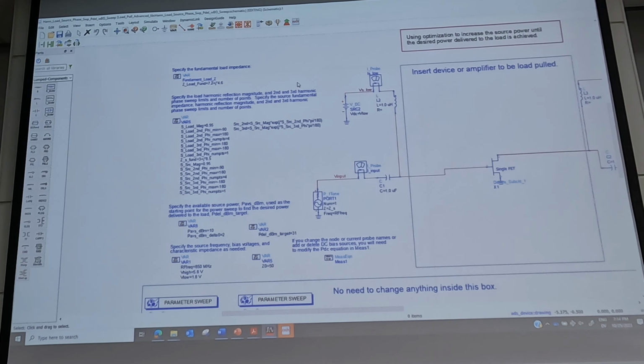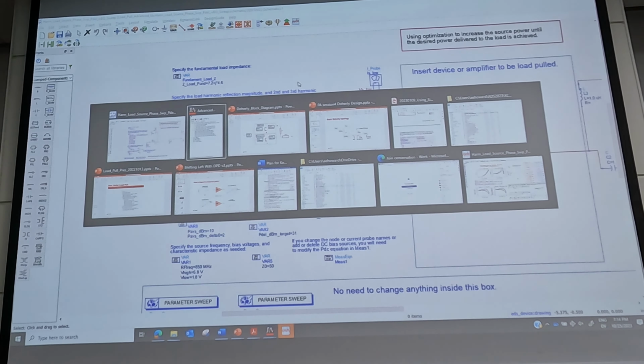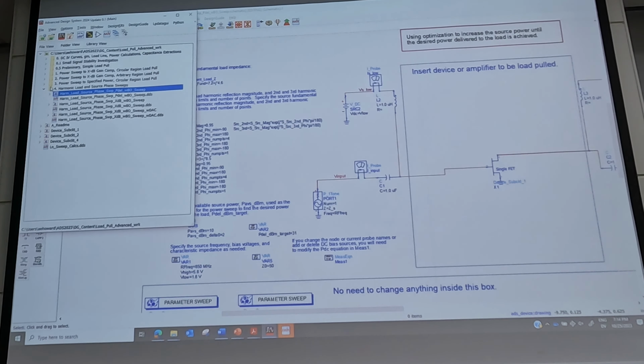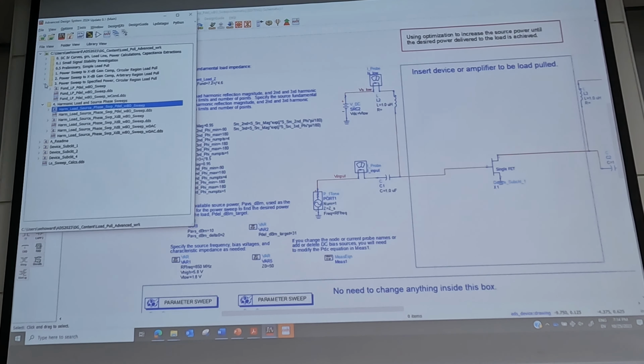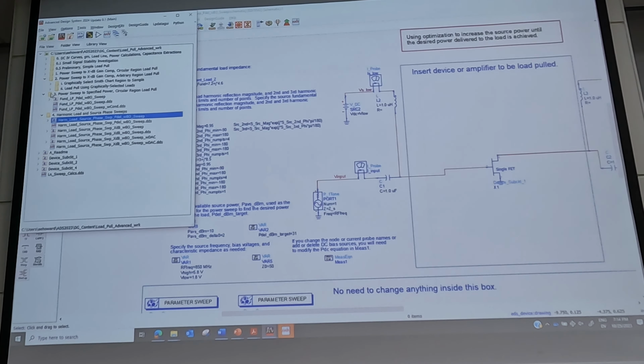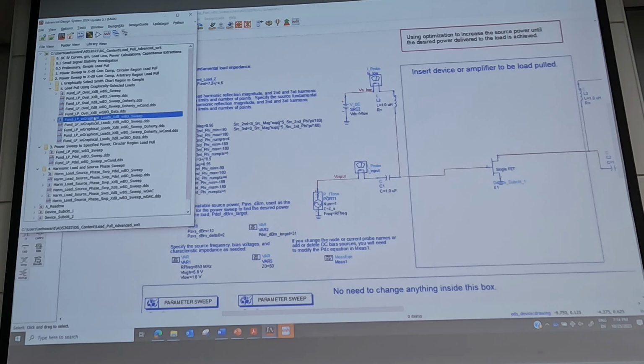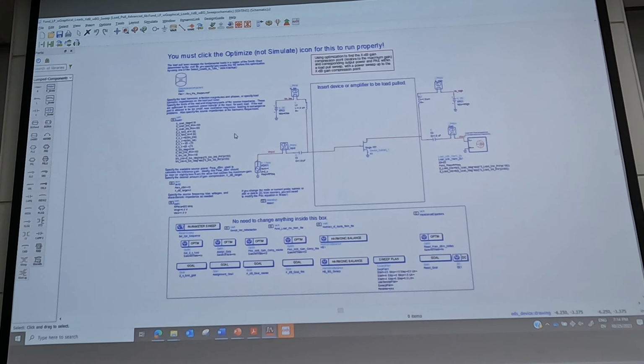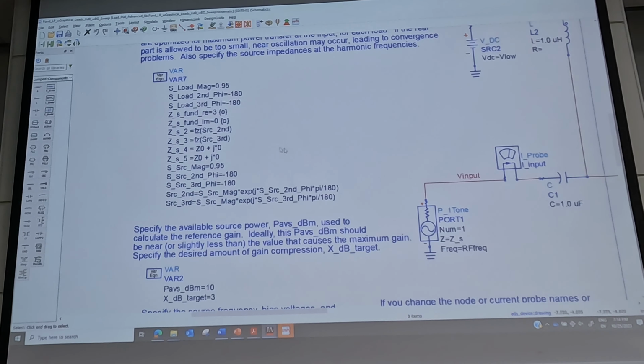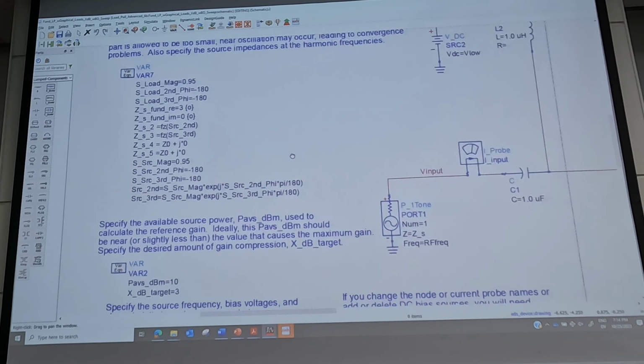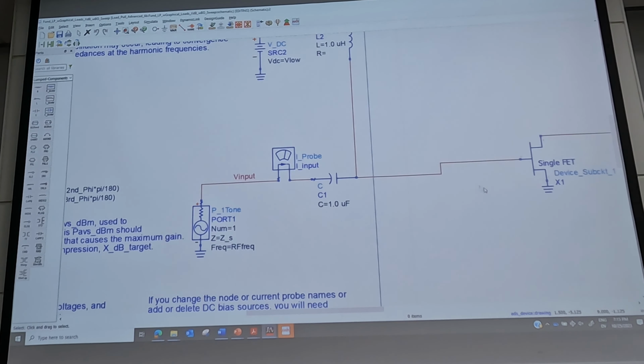Before I do this, I want to show one other thing that I think is important to think about. In this setup for the XDV simulation load pull, at the start of the load pull, the optimization optimizes the source impedance at the fundamental to try to get a good power transfer, a good impedance match at the input.